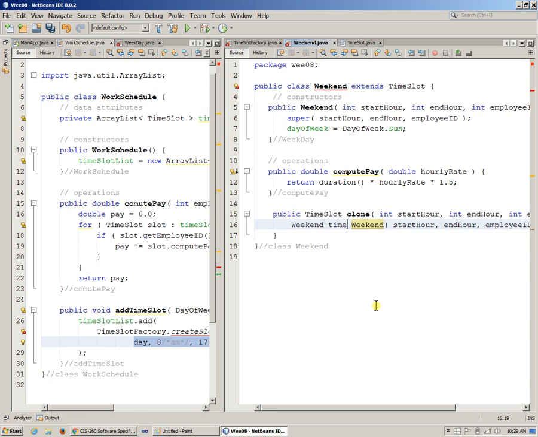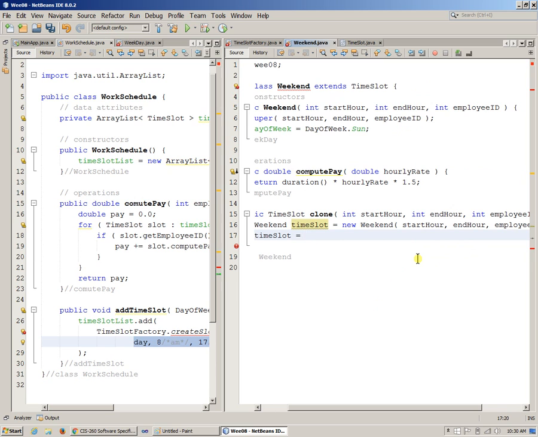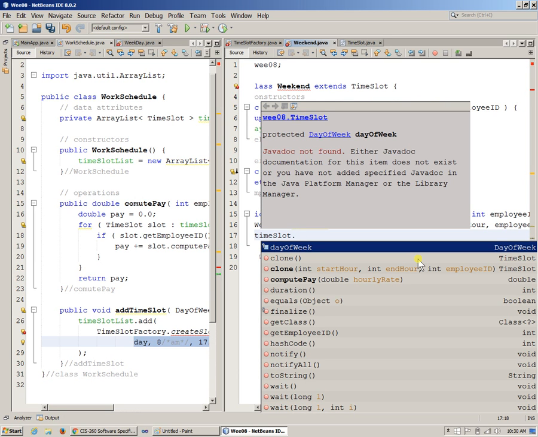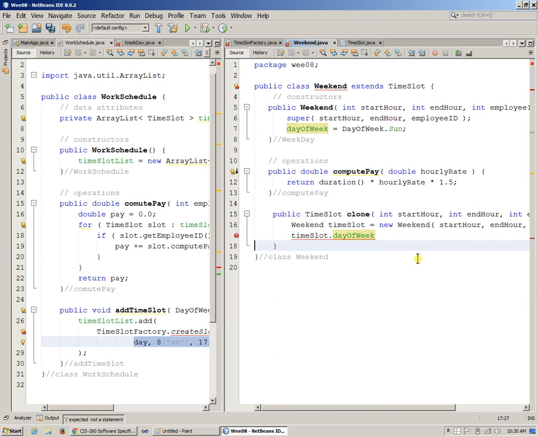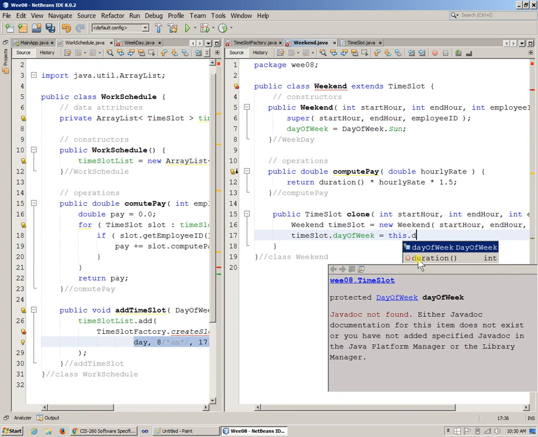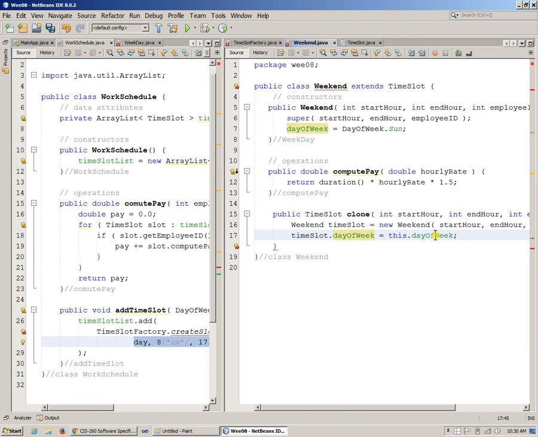Weekend time slot equals new weekend, and then say time slot equals time slot dot day a week. Day a week equals this day a week. What this does, it preserves the current day a week, which was already given to the prototype, supposedly, right? So this is my clone method, and I think I need to add these parameters